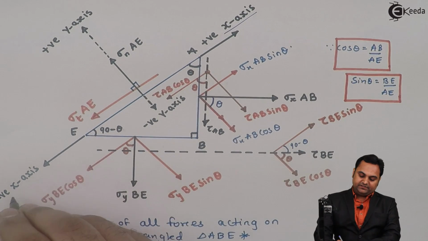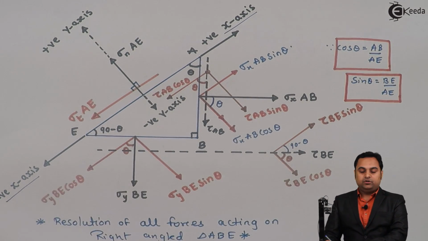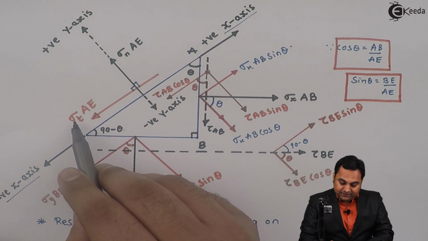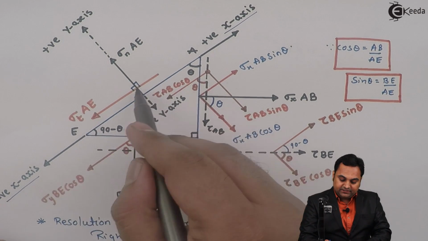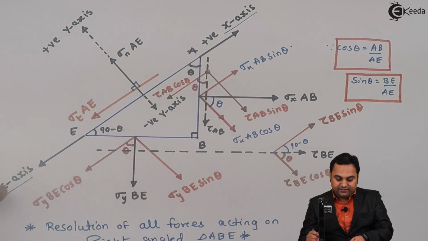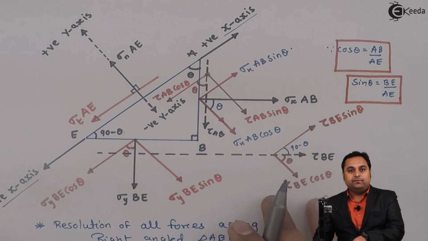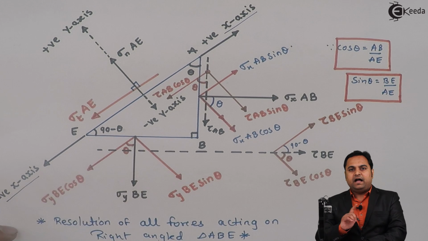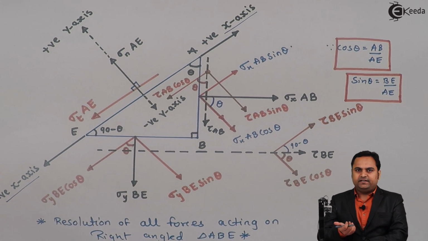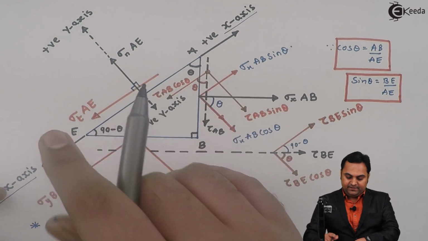Forces which are parallel and acting downward they are on negative x axis. So here if I see sigma t into AE, that is acting downward and parallel, so negative. So what I am doing here, instead of writing negative, I am equating the forces on left hand side, right hand side. So there is no need to write negative sign. So sigma t AE,